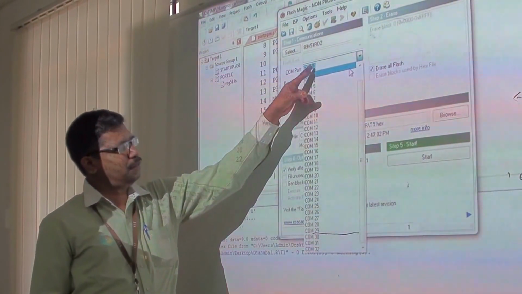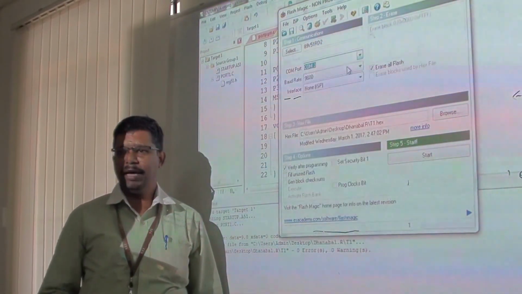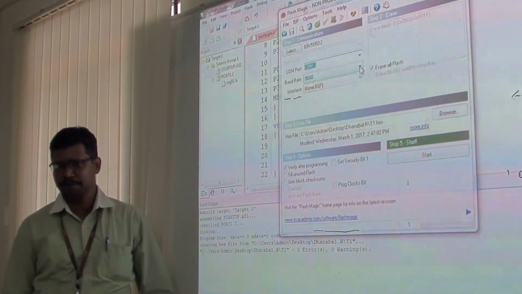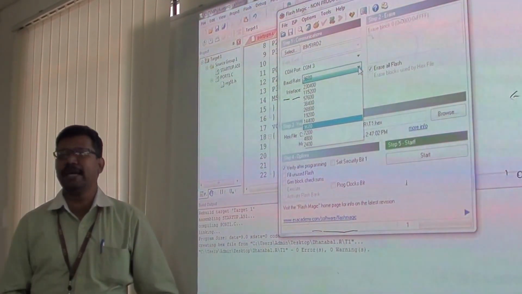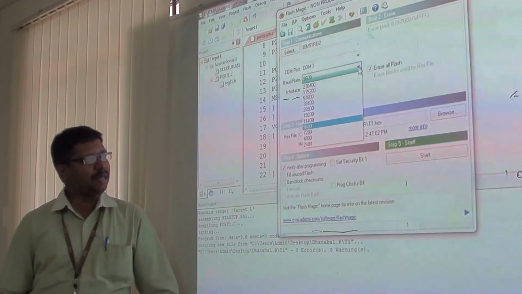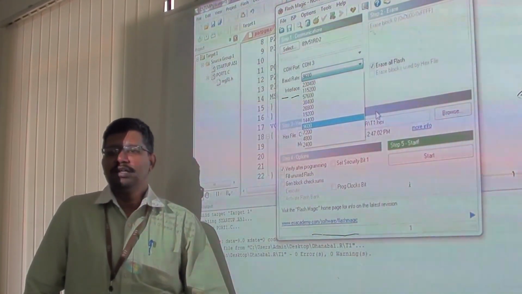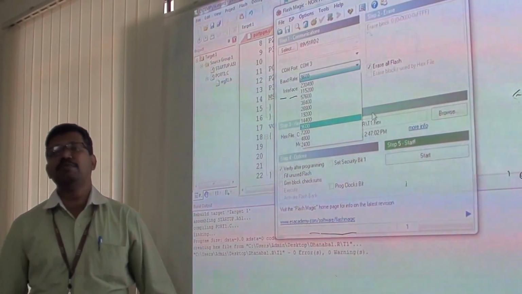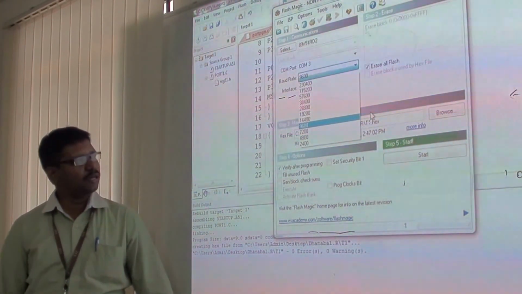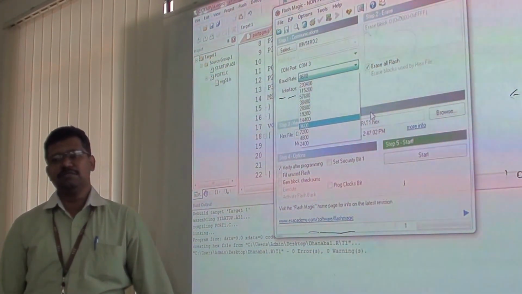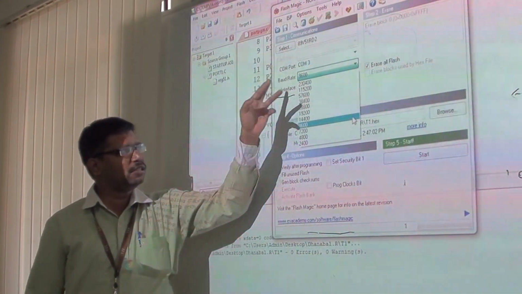So we have selected COM3. We will have different COM ports, and we have to select COM3 in our case. It may change from computer to computer. After that we have to set the speed, the rate at which we communicate with the device. The communication rate is given as baud rate. In your digital knowledge you would have studied it as bit rate, for whatever communication channel we use. For mobile communication we study it as baud rate. So here we are going to select the baud rate, and the baud rate fixed is 9600.